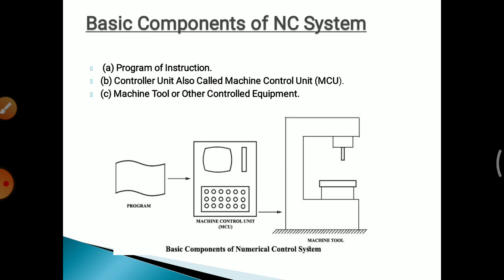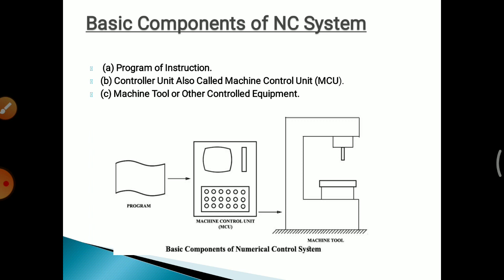NC technology can be applied to a wide variety of operations like drafting, assembly operations, inspection operations, sheet metal working, etc. But it is more commonly used for various metal machining processes like turning, drilling, milling, shaping, etc. Due to NC, all the machining operations can be performed at a fast rate, resulting in bulk manufacturing becoming quite cheaper.